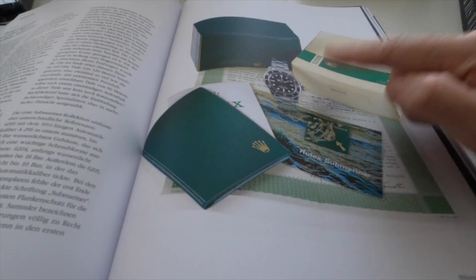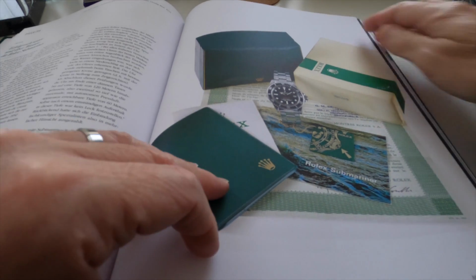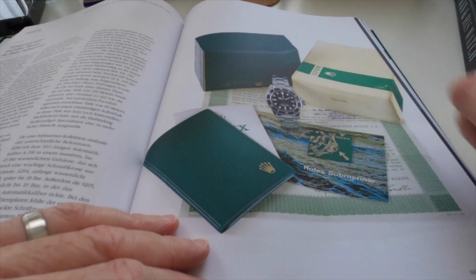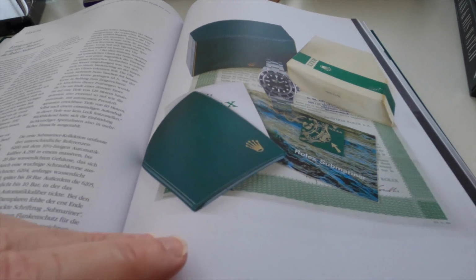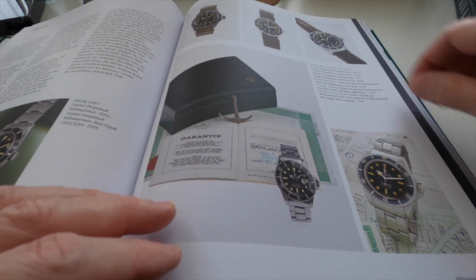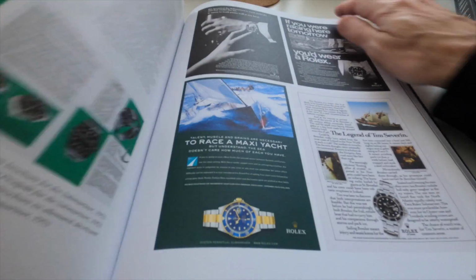I mean, you can see some of the original Rolex packaging. I'm just going to adjust my camera. So this is great. You got the original box, the original case, red Submariner, like a full set. Another different type of box. So, you know, this book is just...